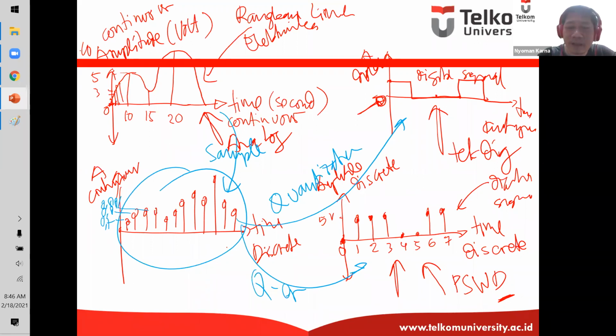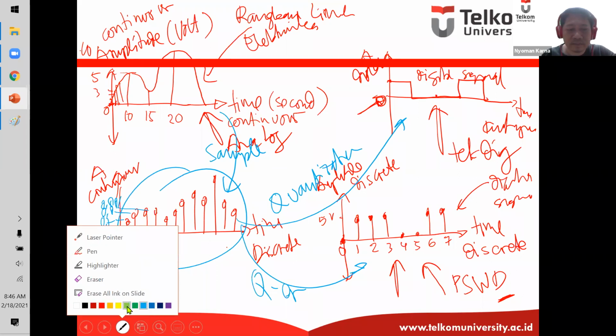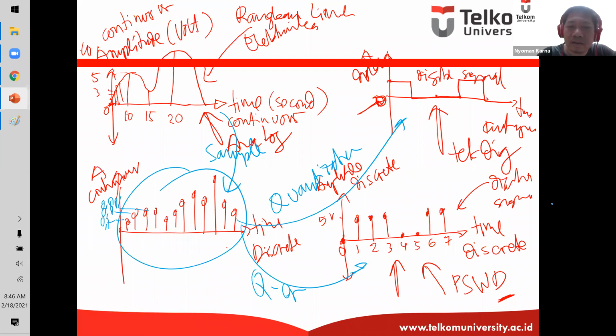Let's type it again in here. We have something that is called correlation, and also something that is called convolution.